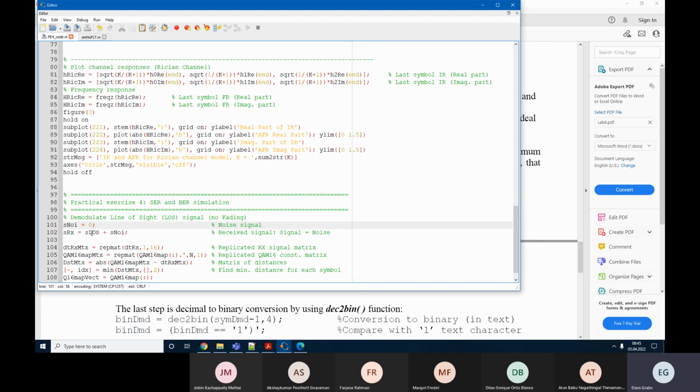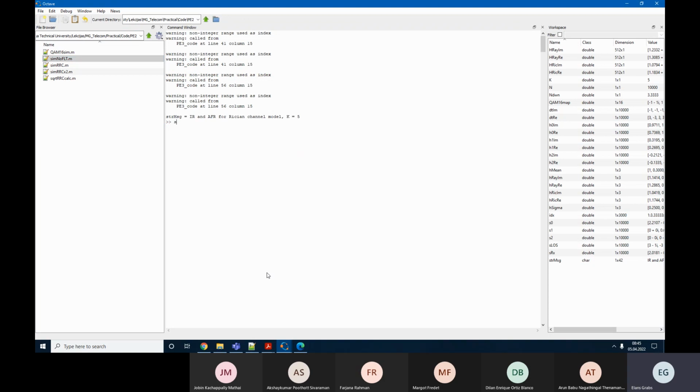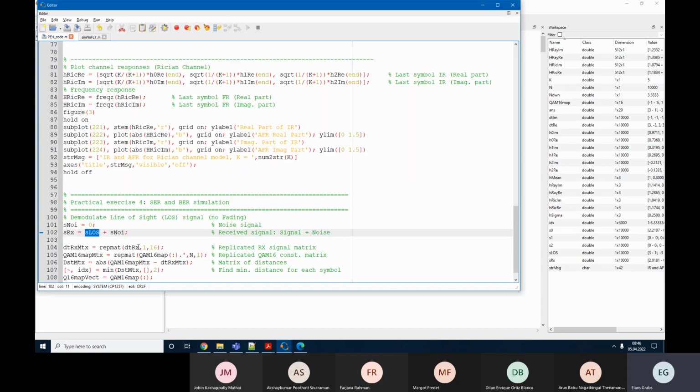And it's okay to add a single number to the entire vector. In Octave it will work like this. The only thing we need to know now is whether this signal is a row or a column before we start replicating it. Here we have replicated this signal by a column, so we expect this signal to be a column. Let us check if it is a column. Let's display the first 20 values, and we see that it is actually a row. So we need to transpose it here,